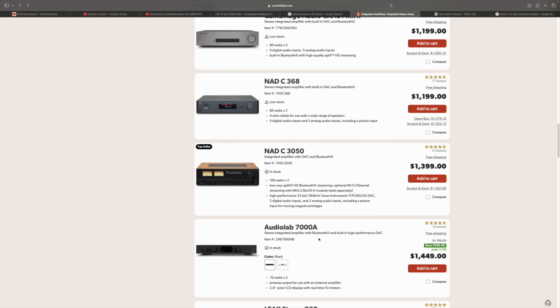$1,100. $350 on the Audiolab 7000A. So it's the step-up version from the 6000A. And guess what? I've never listened to it. They said they were going to send me one, but they didn't. Not that I'm resentful. I mentioned that in another video too. $14.99, save